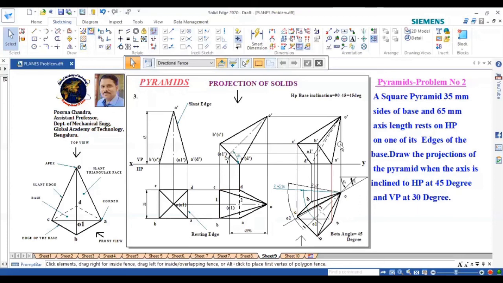Then project up. Since the base is below or nearer to the observer, the base is completely visible. Then project the upper edges nearer to the apex. So draw those slant edges that will be visible first. And the one which is not visible is the farthest point, that is O dash D dash, which is far away from the observer. So that will be the problem. Okay, in this way, you can solve this problem.